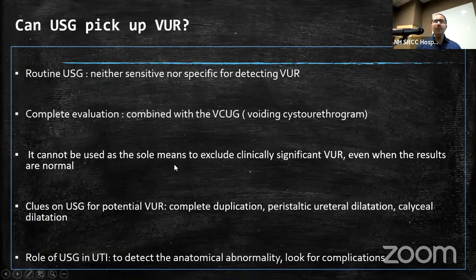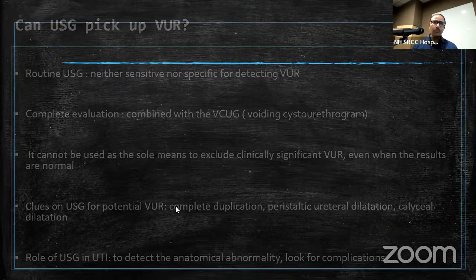For example, when you see a duplicated system, a complete duplication in one of the kidneys, when you see persistent ureteral dilatation, or when you see calyceal dilatation, those are the clues that the patient might be having some sort of reflux. So in those scenarios, you can do a voiding cystourethrogram. Then